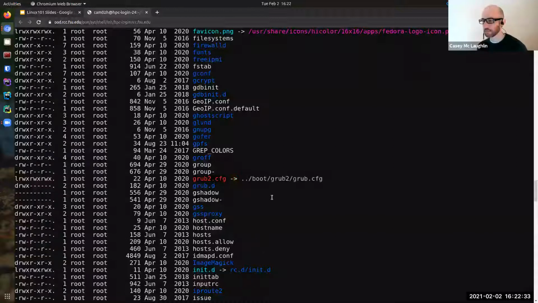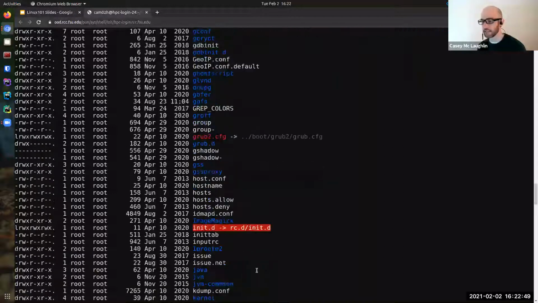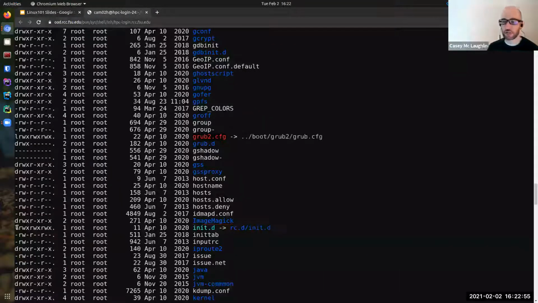But it's typically a file that points to another file. Here's a working symlink, init.d points to rc.d/init.d.